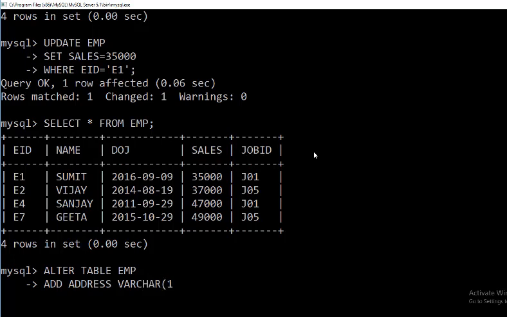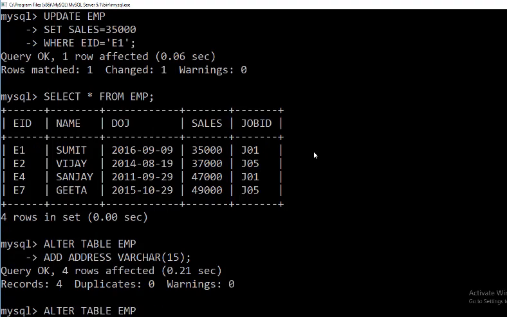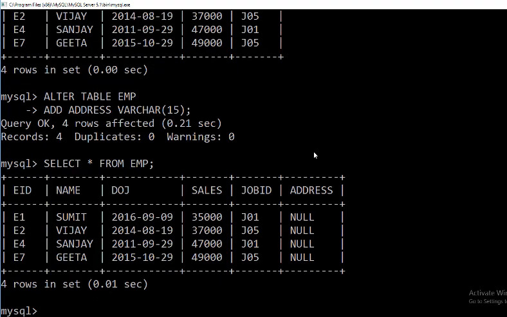Varchar, say 15. And if you display the table again, you can see a new column address has been added with null values because you have not entered a value for address. If you want to enter one, you have to use update, because if you use insert, a new row will be added.